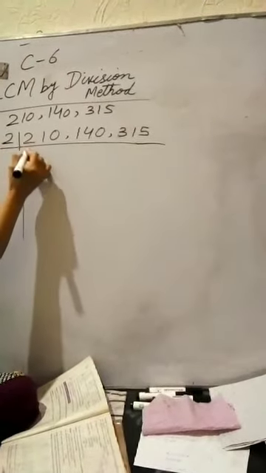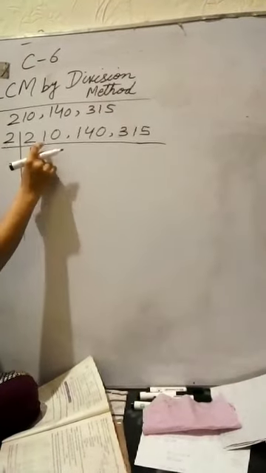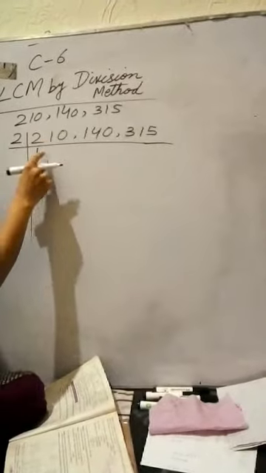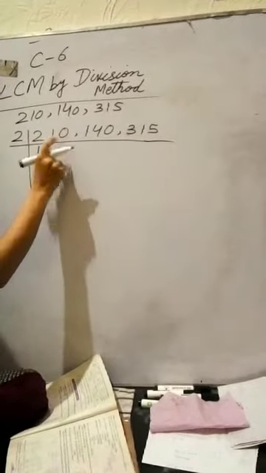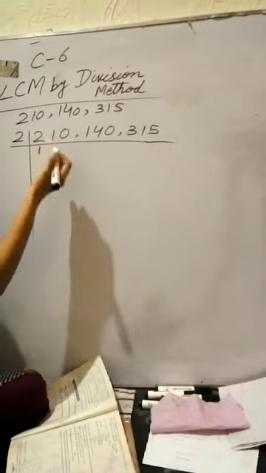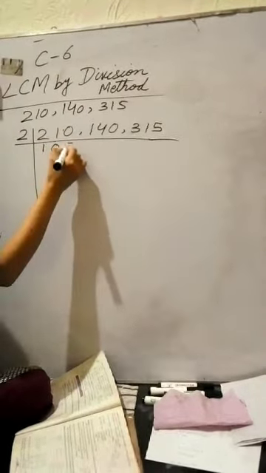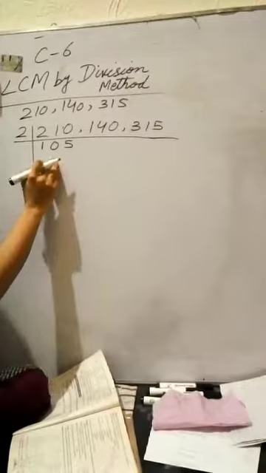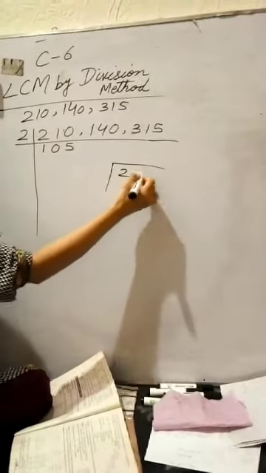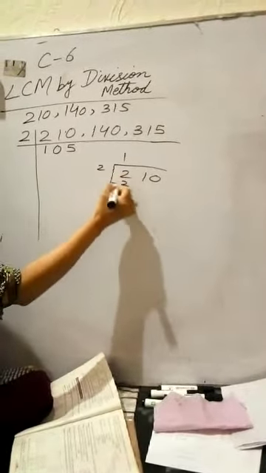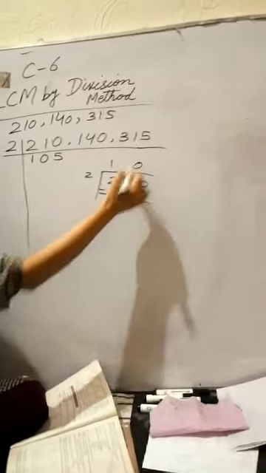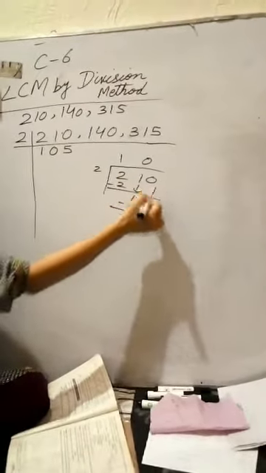2 times 1 is 2. Then after the first operation, when we take 2 digits both, we always put 0. And the other thing is 2 times 0 is 0 and 1 on the carry, 2 times 5 is 10. If you find any difficulty, you can always check with division. 2 times 1 is 2, write down 1. 2 times 0 is 0, 2 times 5 is 10.